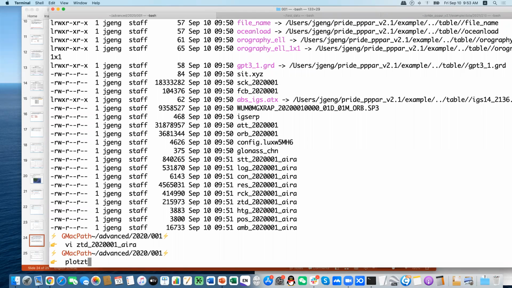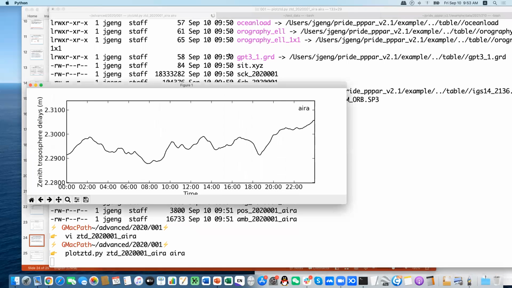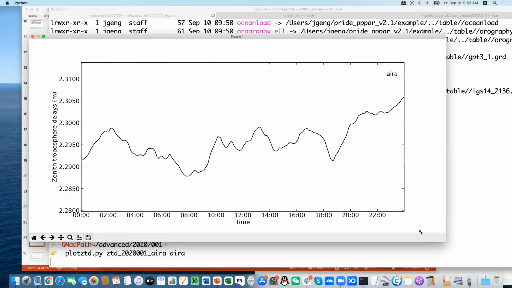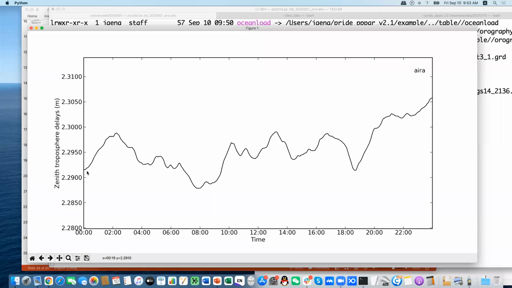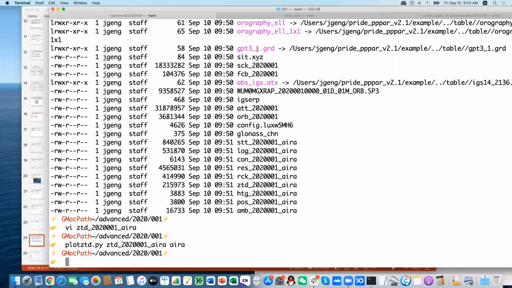So you can plot GTD using the plot GTD function for ARA, and this is the plot. This is the troposphere we estimated using the ARA station here. So just ask the question about what if we don't have any coordinates reported from the IGS